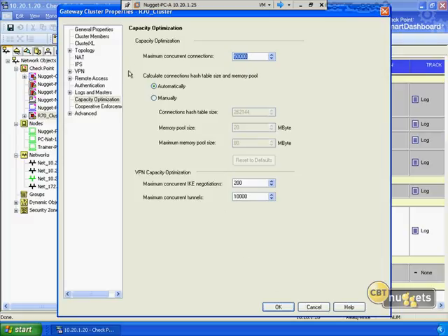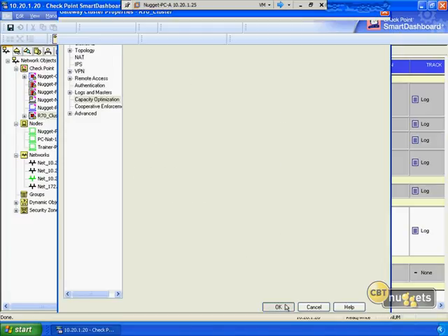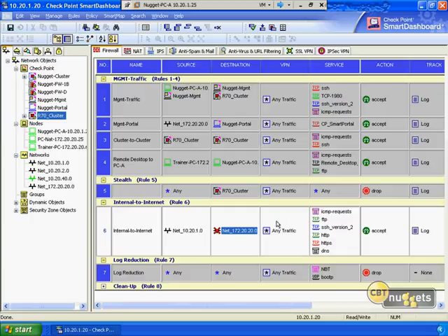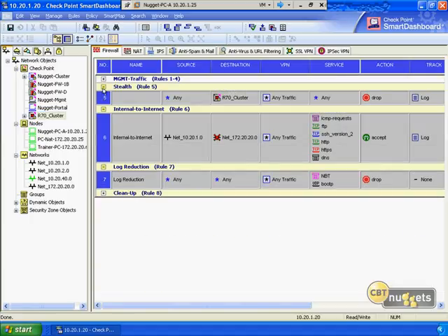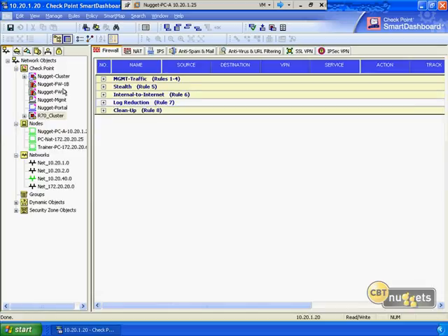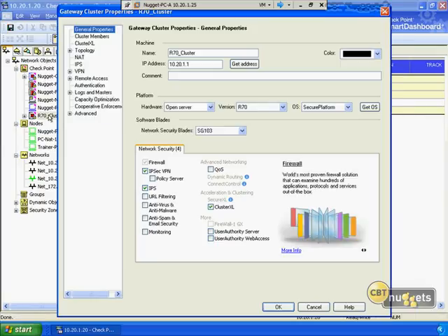And that's pretty much everything we want to do on the GUI side as far as our Nugget cluster, or our R70 cluster, as part of this Nugget lab is concerned. So we can select OK at this point, and that should save all of our properties for this particular cluster object. All we have to do at this point is go in and save our policy, and then once we save our policy we can deploy this policy out to the Nugget cluster. So one thing you want to do before you attempt to deploy your policy is go back into the cluster object,